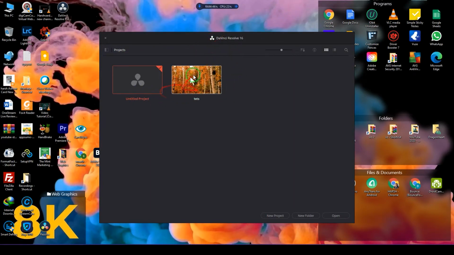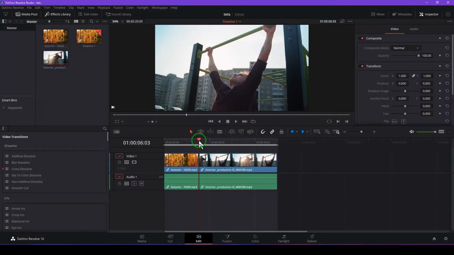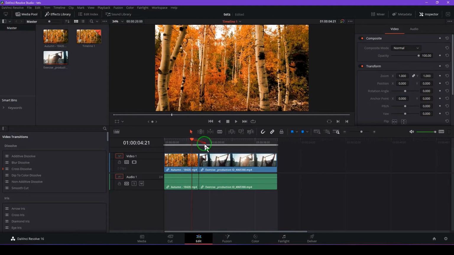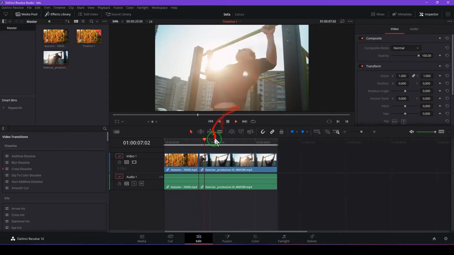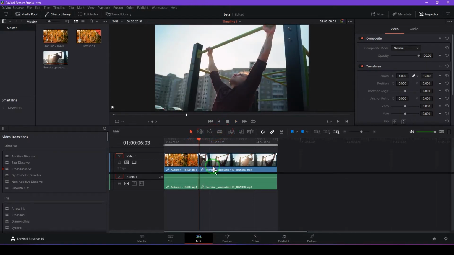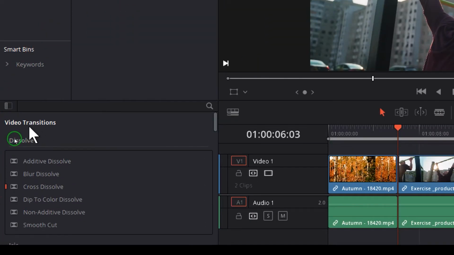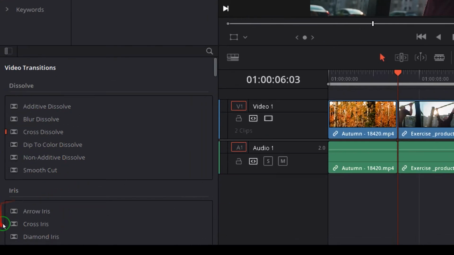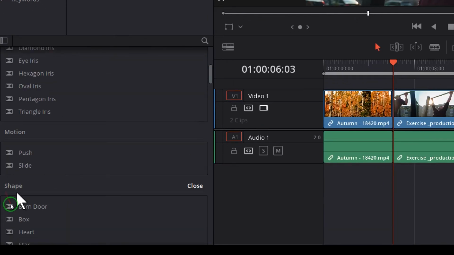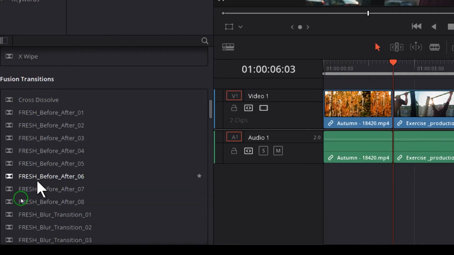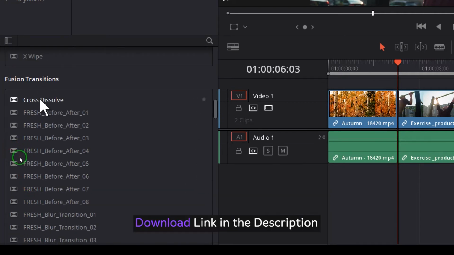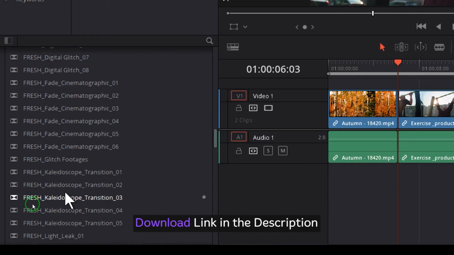All right, since I've already copied that, I'll just launch the test project. I'll open this. Once you launch DaVinci Resolve, here I have a simple sequence, one clip to another, and here I want to place the transition. For this purpose you need to go to the Effects Library, and over here you will see Video Transitions. Scroll down. These are some default transitions, and if you go down over here you will see the Fusion transitions. These are the transitions we have just installed.